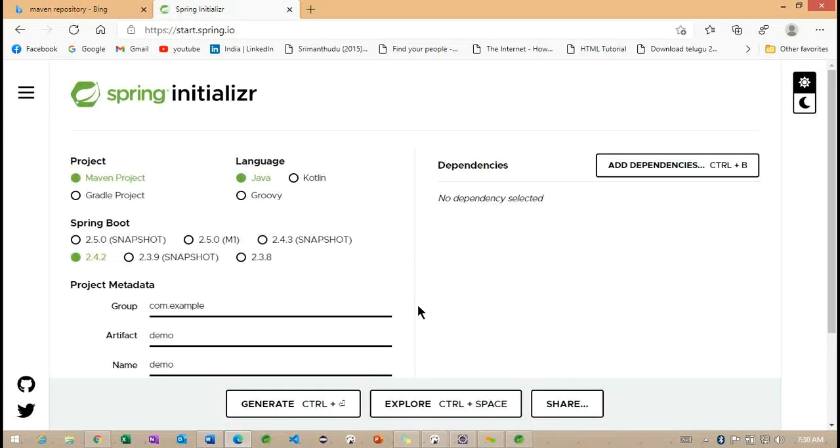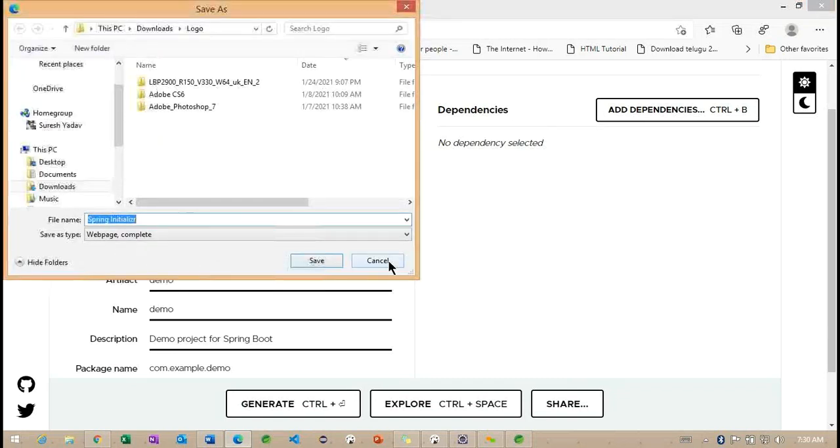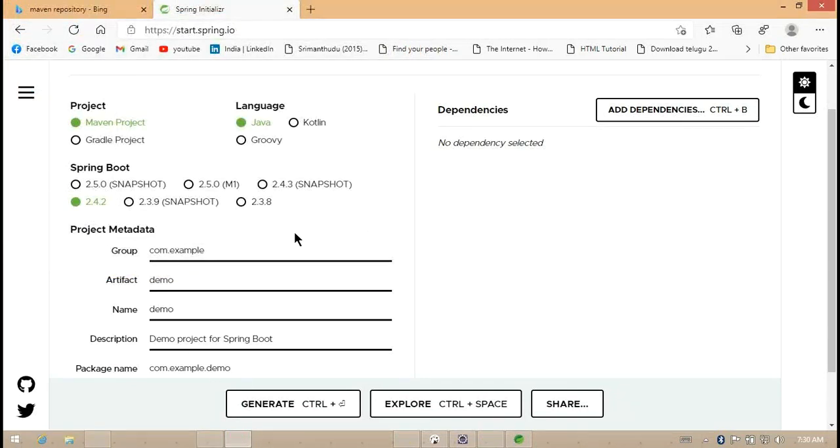Using this one also, we can create a project here. We can create a project the same way we created. So the group and artifact to demo, and the name of the project, description, everything we can specify, the artifact information. Here we can specify the Spring Boot version we are trying to work with, and whether a Maven project or Gradle project we can select. Java is going to be supported, so 3 languages here. Here we can add the dependency section. Once it is added, we can download one zip file, and the same zip file we can add into the Eclipse or STS. So this is where we can also create the project here.